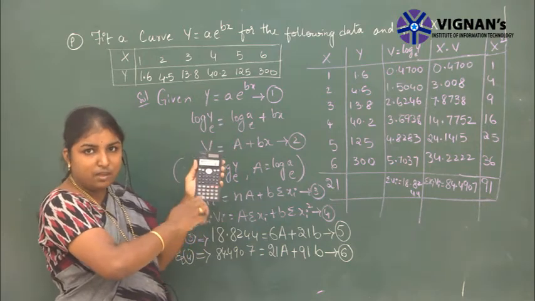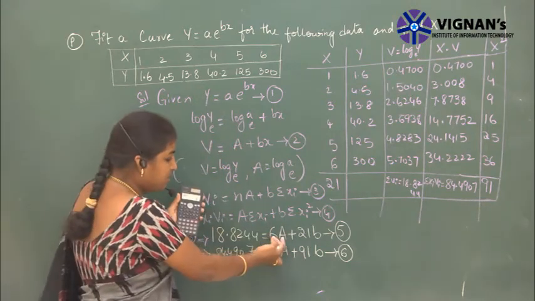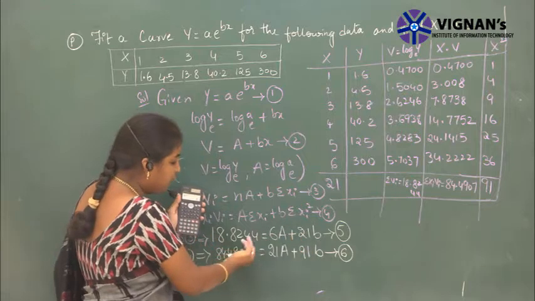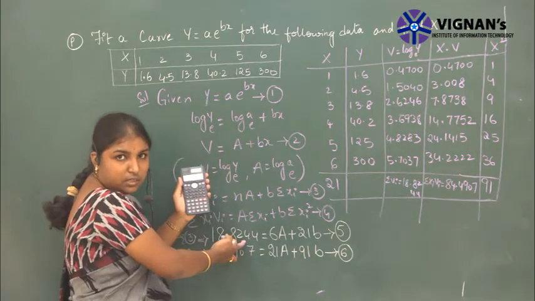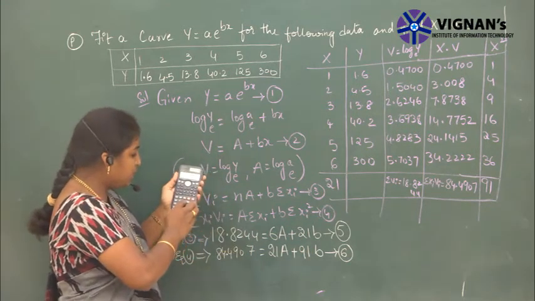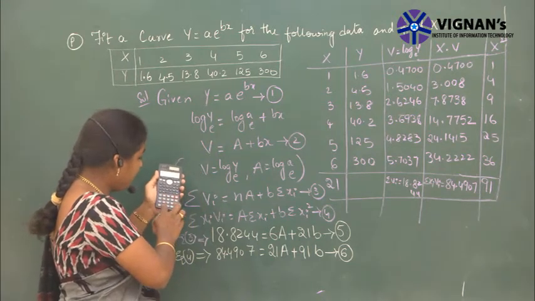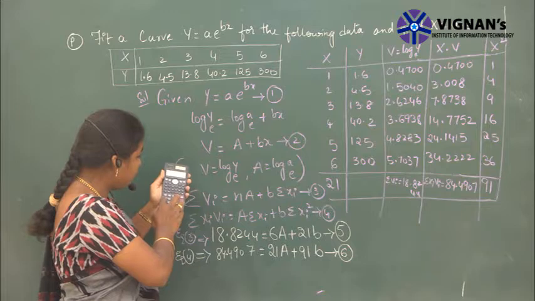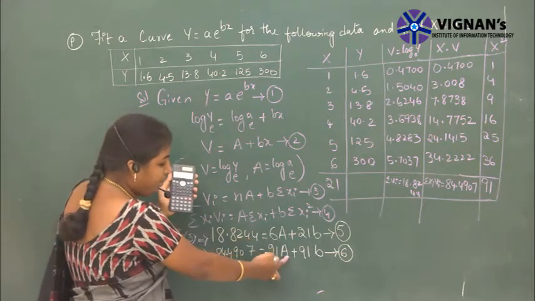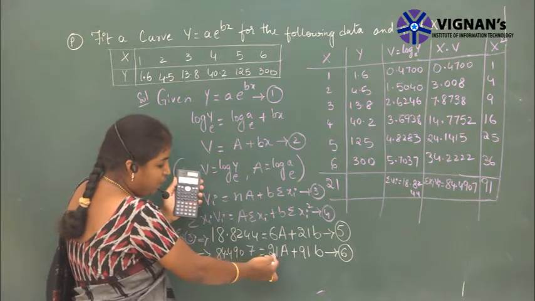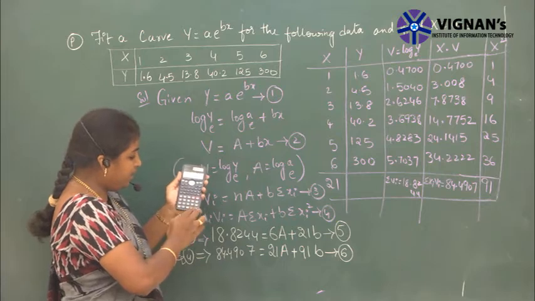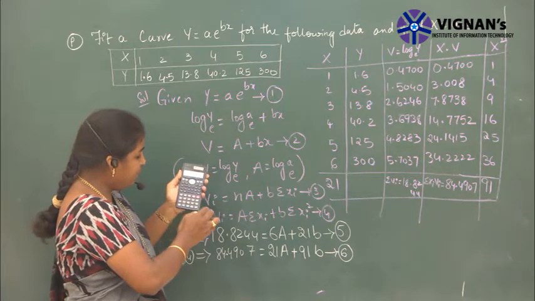Give the values of a1, b1, c1. a1 means a coefficient, b1 means b coefficient, c1 means constant. That is 6 equal to, 21 equal to, 18.8244 equal to. Then a2, b2, c2: 21 equal to, 91 equal to,